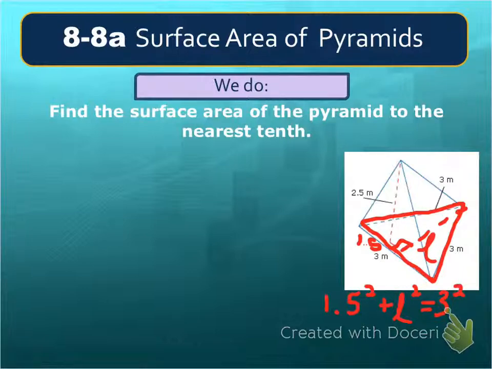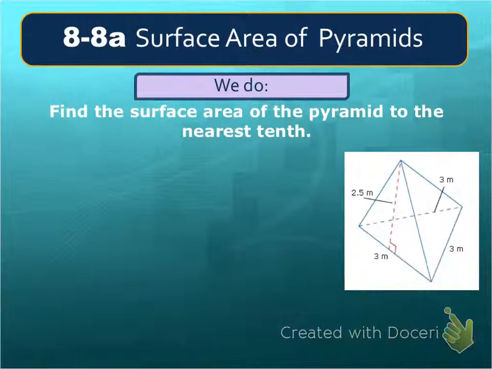So now 1.5 squared is going to be 2.25 plus my lateral height squared, and I'm going to subtract that 2.25 from that 9, and I'm going to get lateral height squared is going to be equal to 6.75. I'm running out of room, so I just told you the step instead of writing it out. But remember, what is the last step here? I don't have the lateral height yet. I've got the lateral height squared. I have to do the opposite of squaring, which is to take the square root. So then I would